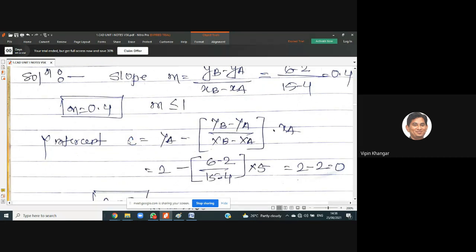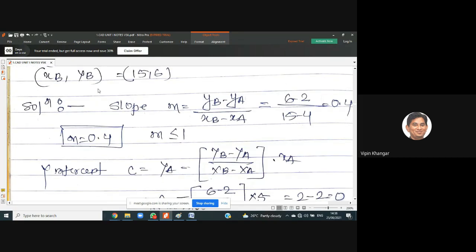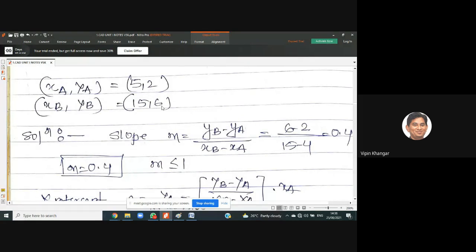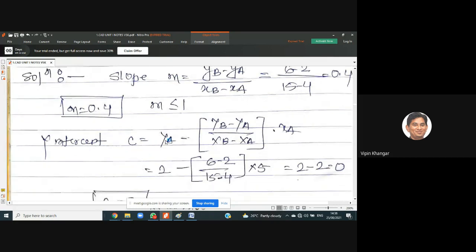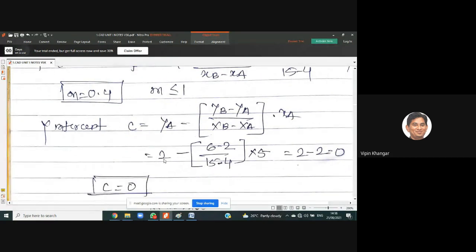You don't even need to remember these things. You can directly put the values in the slope equation, that is y is equal to mx plus c, where this is nothing but the m. तो आपको क्या है? c is equal to ya minus m into xa. So we have put the first point of ya. कितना है हमारा ya? कितना दिया आपका 2. और कहाँ तक लेके जाना है हमको? Till if you go in the incremental of this one. So here 6, you can see here. Now you put the values, you got c as 0.